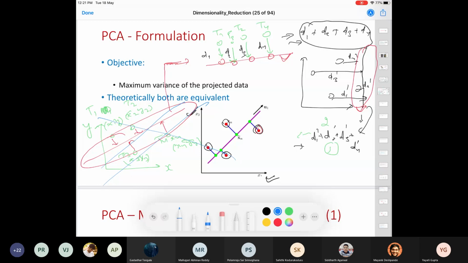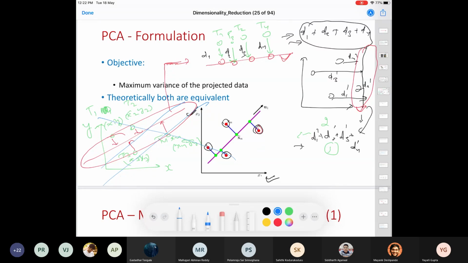The one with minimal information loss, the one with minimal distance with respect to all the data points. Do you see a relation with linear regression here? Yes, sir. In linear regression, you compute the distance of your point with respect to the line that you're drawing, considering a two-dimensional scenario. So this is the same thing. You're trying to minimize the distance of the data point from its projected value on that line. It's the same thing here.